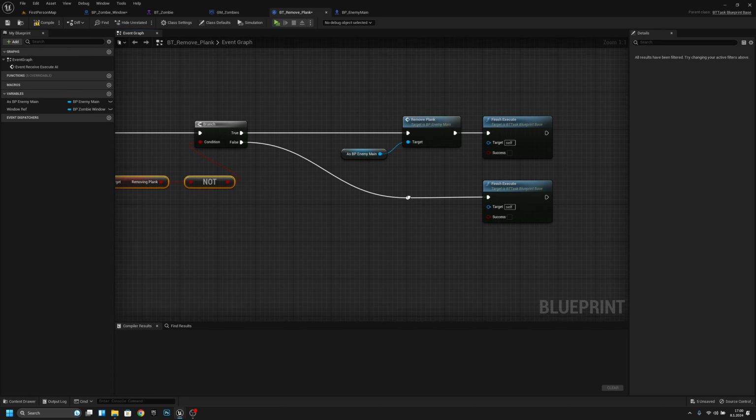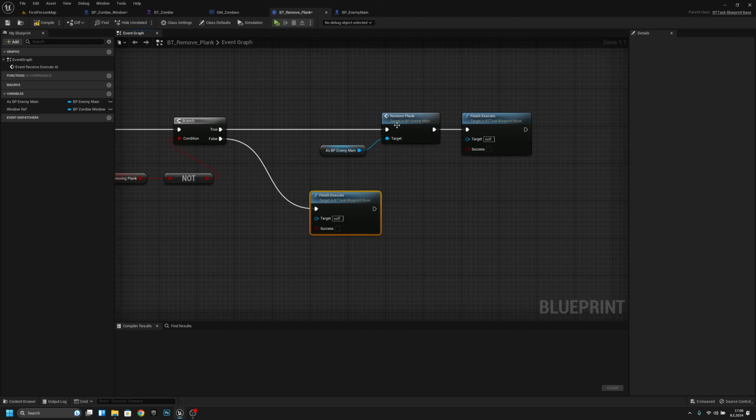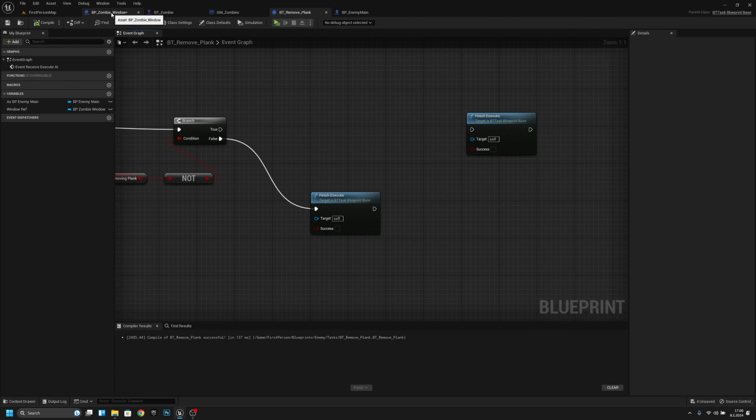So what we want to do here, actually I will delete that. What happened? Okay, and move it to here. Here, and now we have this remove blank function here. What we don't want to use yet. We actually want to go to the. We can actually delete this and compile and save. Now we want to go to the pp zombie window,